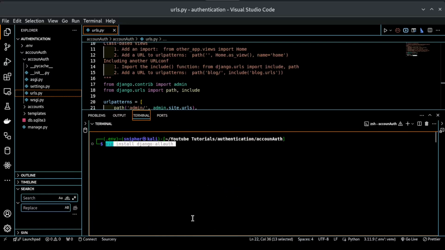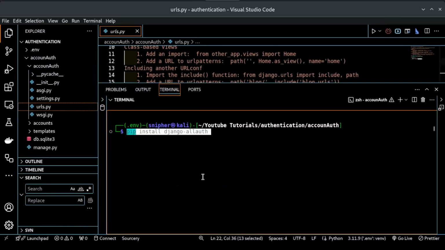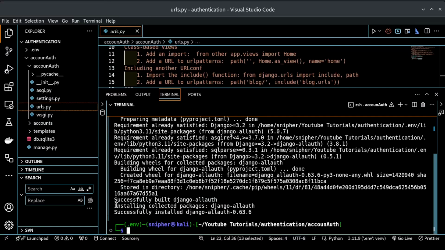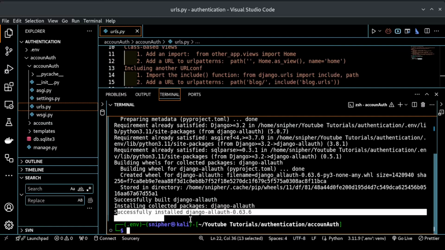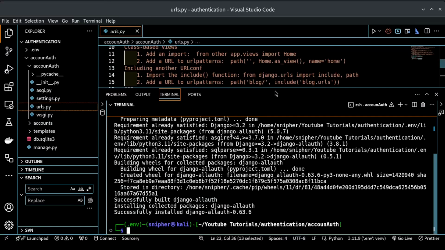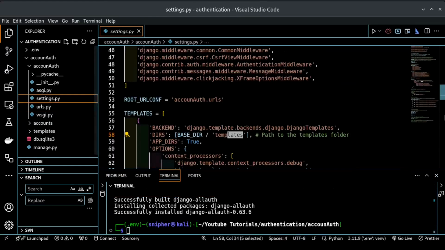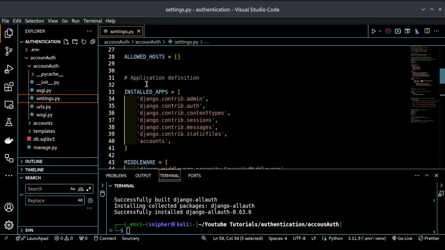Then you paste that inside there. Then you install Django Allauth. It will take a few seconds to install. Yes, now you can see it has successfully installed Django Allauth. So the next step you have to do is go to your settings.py, and in this list of installed apps,